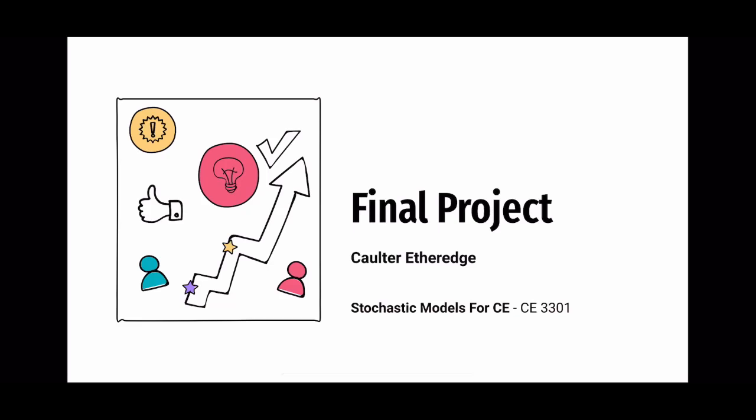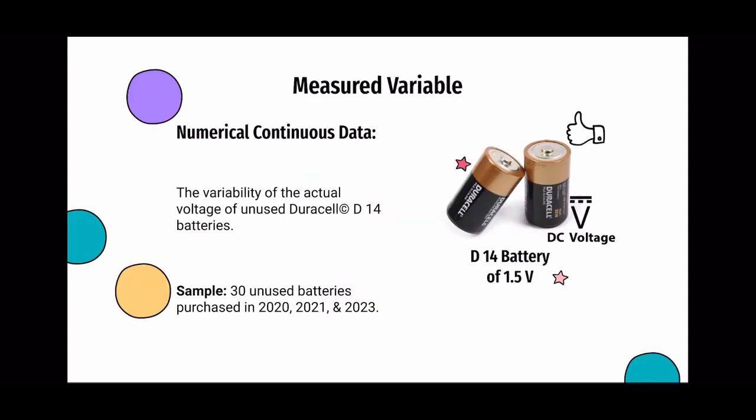Hi, my name is Coulter Etheridge, and this is my final project for my stochastic models for CE class, where I will analyze the variability of a numerical continuous variable. I chose to analyze the voltage variance of a single Duracell D14 battery using a sample size of 30 unused batteries manufactured within the past 4 years to hopefully get an accurate representation of the population of these recently manufactured